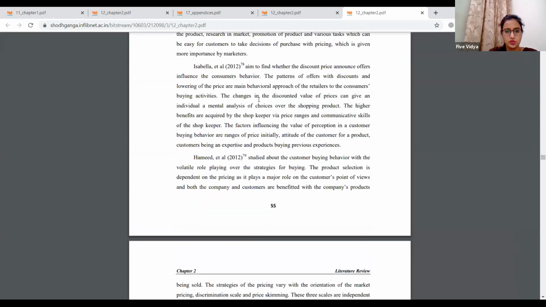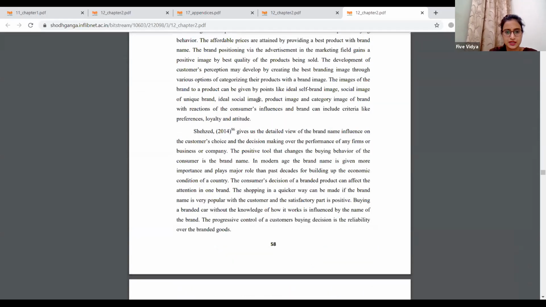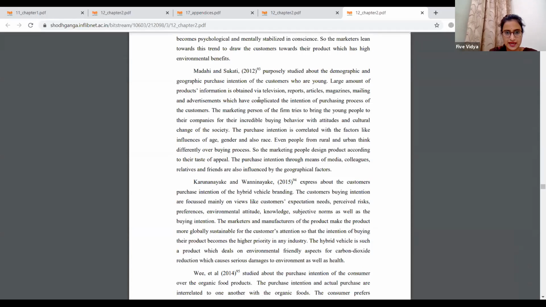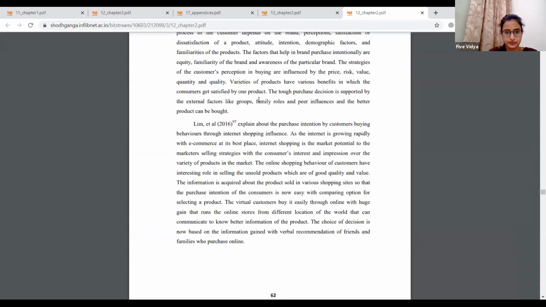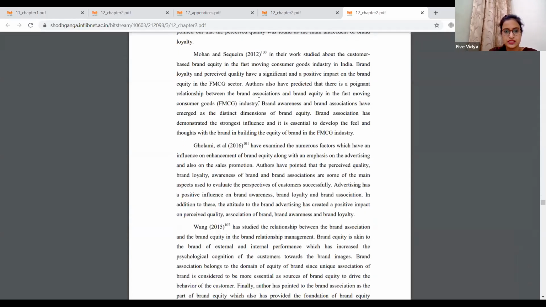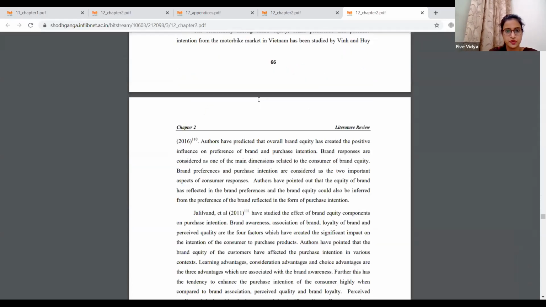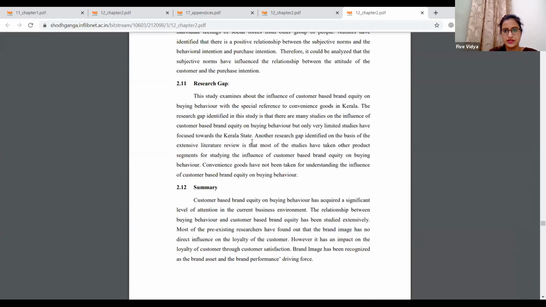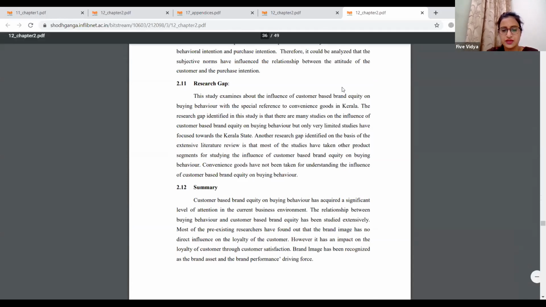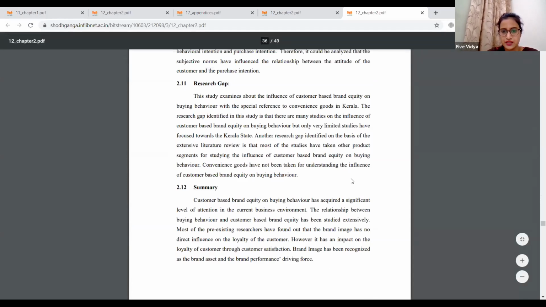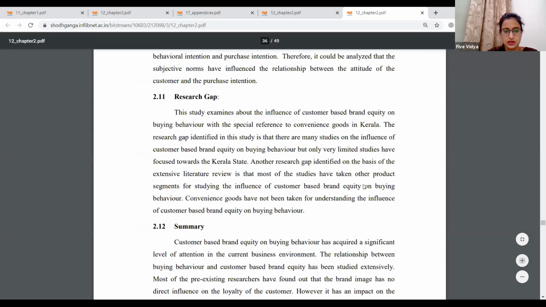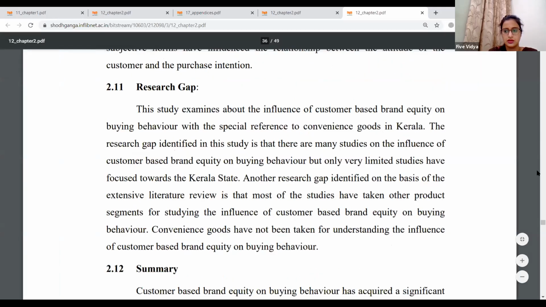Now I'm moving down to show you the research gap, which you all can read once. We'll come to the conceptual framework as well, but before that, I'm going to show you this research gap. If all of you are able to read this, let me zoom it a little. This you can see, I'll just read it out.